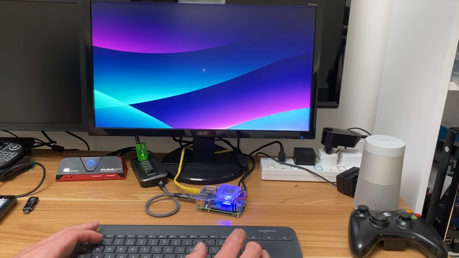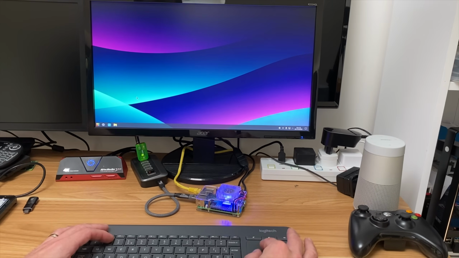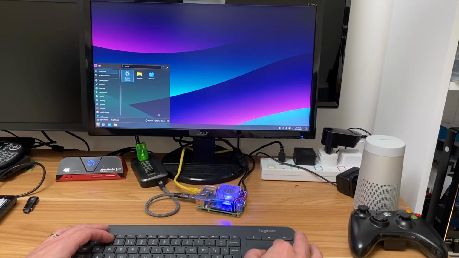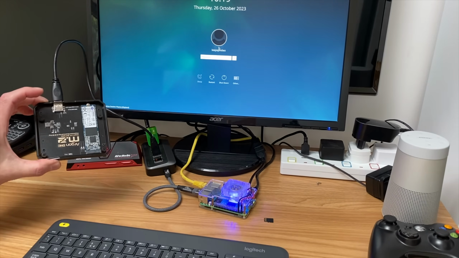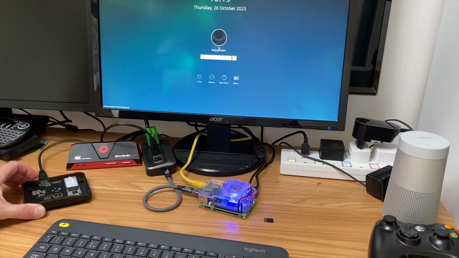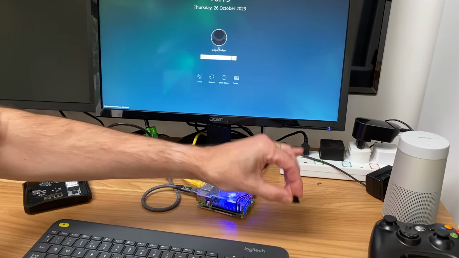And the lightning is back, although it didn't last for very long. I guess that's because the Pi 5 is so much quicker. Okay, so let's shut that down again because I'm going to back this up. So now I've booted back up from this M.2 drive, and I'm going to put the SD card,